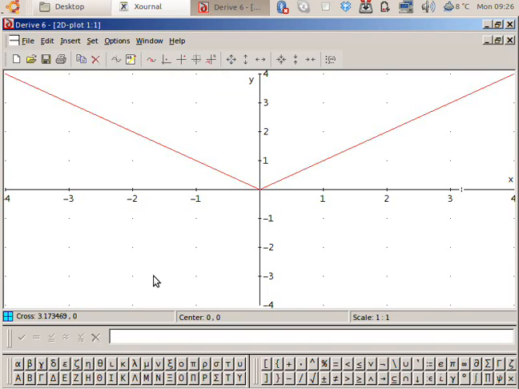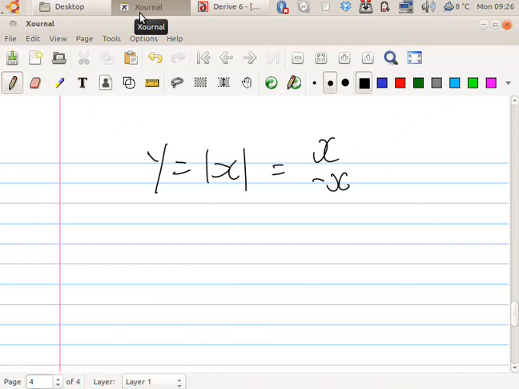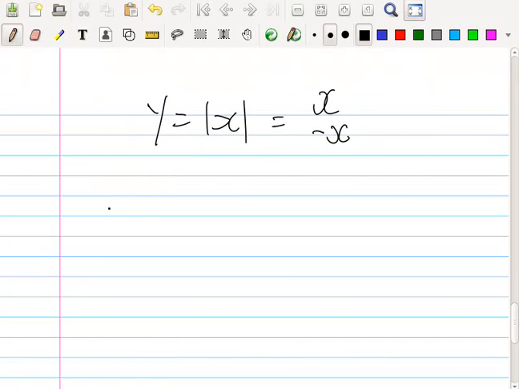And that's what the graph looks like. So it just has a V shape to it. Nothing fancy there. Okay. But now, what happens if we want to draw something a little bit more complicated? So let's say, for example, we want to draw y equals minus 4